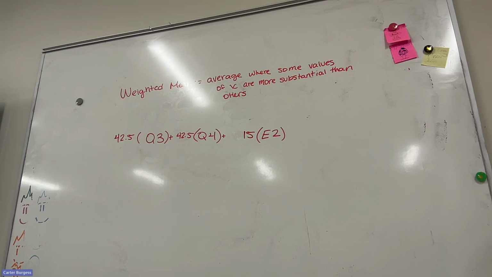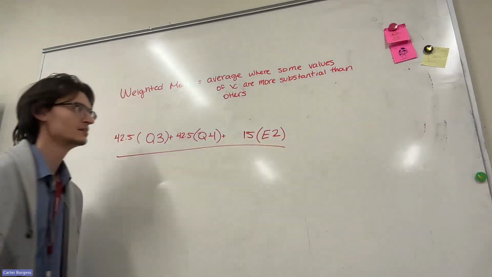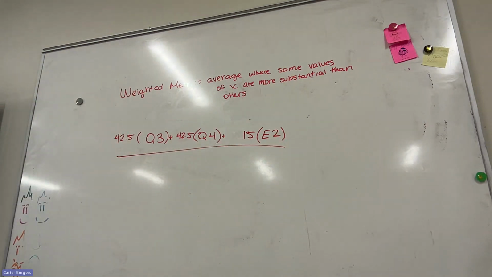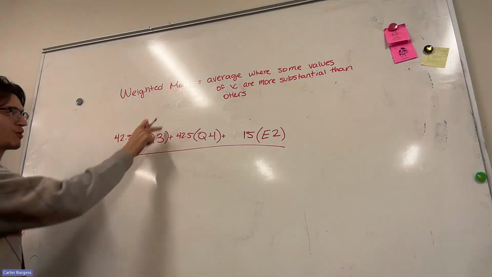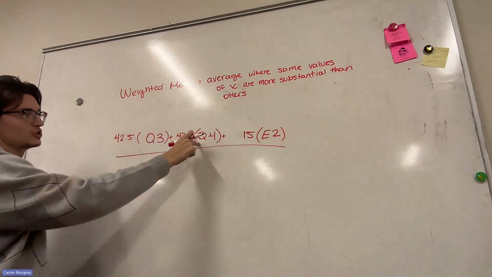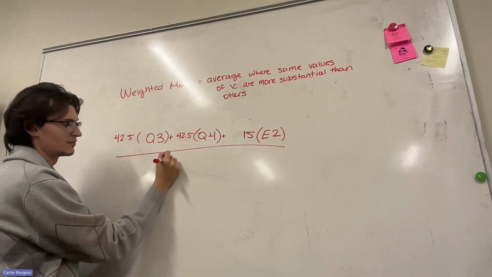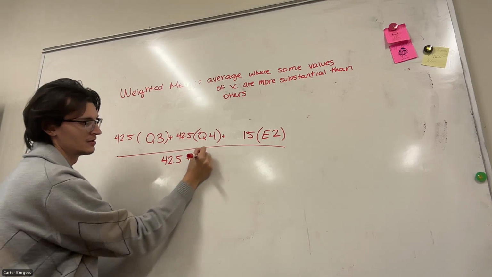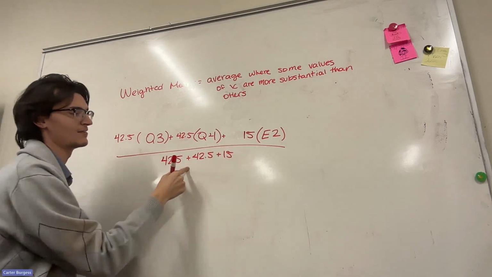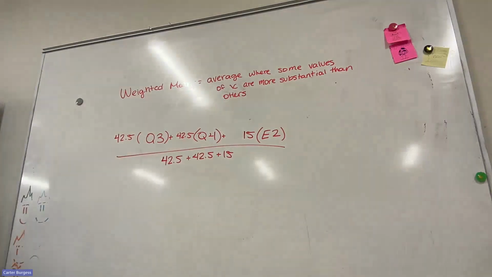Then what we have here is a weighted sum. Now, a weighted sum is still not an average. Right? In order to actually average this, I would then need to divide by the sum of all of my weights. So in this case, we have 42.5 points being allocated to Q3, 42.5 being allocated to Q4, 15 being allocated to E2. We need 42.5 plus 42.5 plus 15. We have a total of 100 points worth of stuff being allocated,